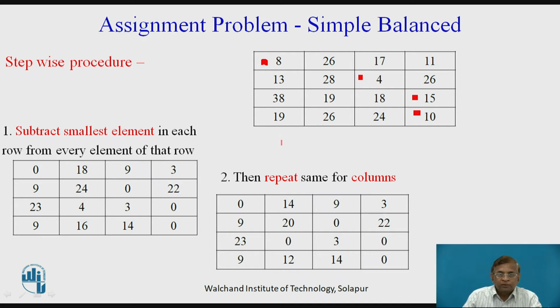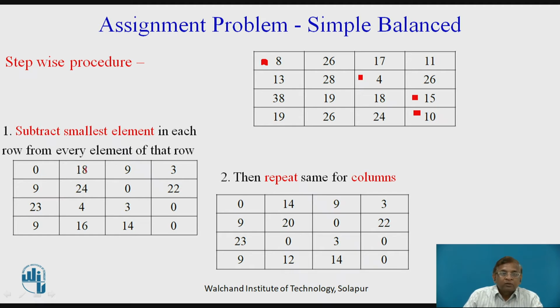This is the first step. Now, coming to the second step, what we have to do is refer to the left middle table and right bottom table. Same procedure we have to repeat for the columns now, but while doing so, the first column has got 0, and if we subtract, we are going to get the same column. So practically we do nothing if 0 is the least element.